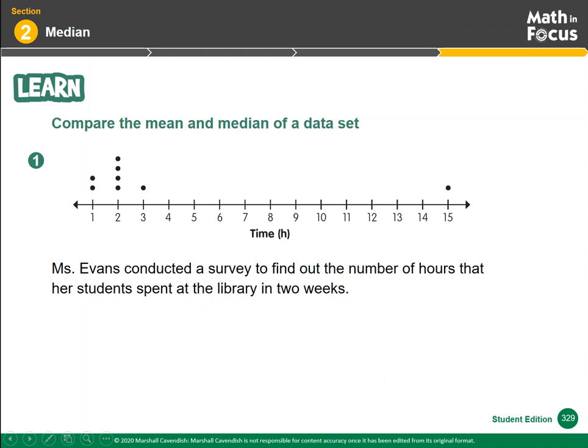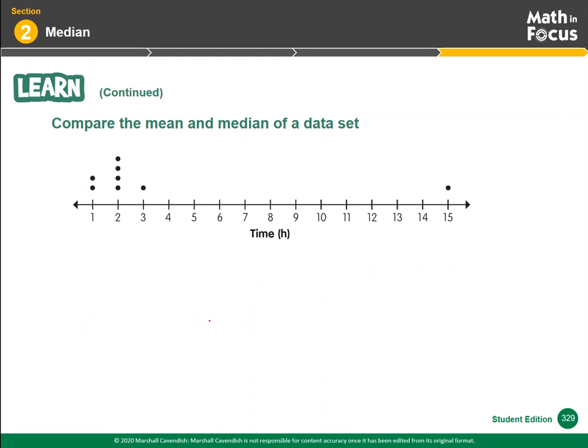So let's keep looking at what information they give. Each dot represents 1 student. Okay, so what I would do here, it wants us to compare, so we want to compare the mean and the median. So first, let's find the mean,